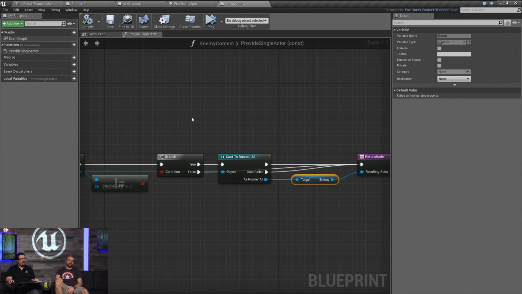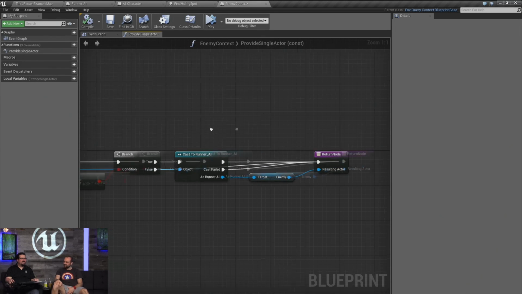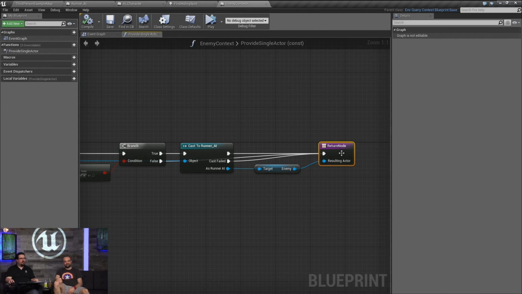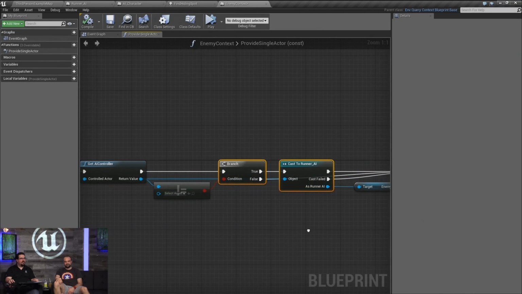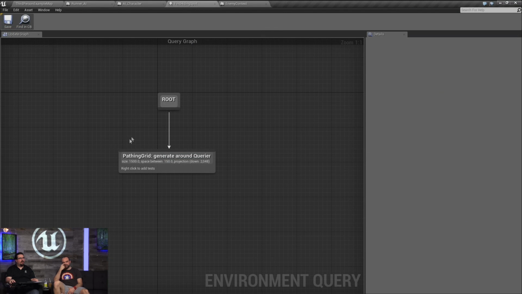It should be fine. Which is interesting, Blueprint shouldn't crash, because normally that's okay. But it's all good. We have everything hooked up. This will potentially return null if for whatever reason any of these fail out. But that's okay because EQS handles that, right? It'll handle a null return. There's nothing here. It's okay. So compile again, save that, and back in our EQS,